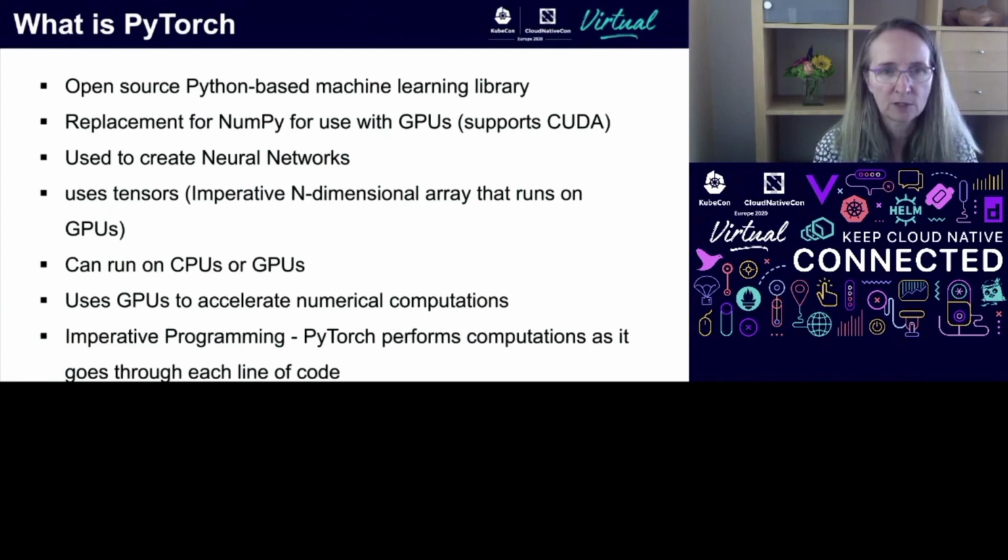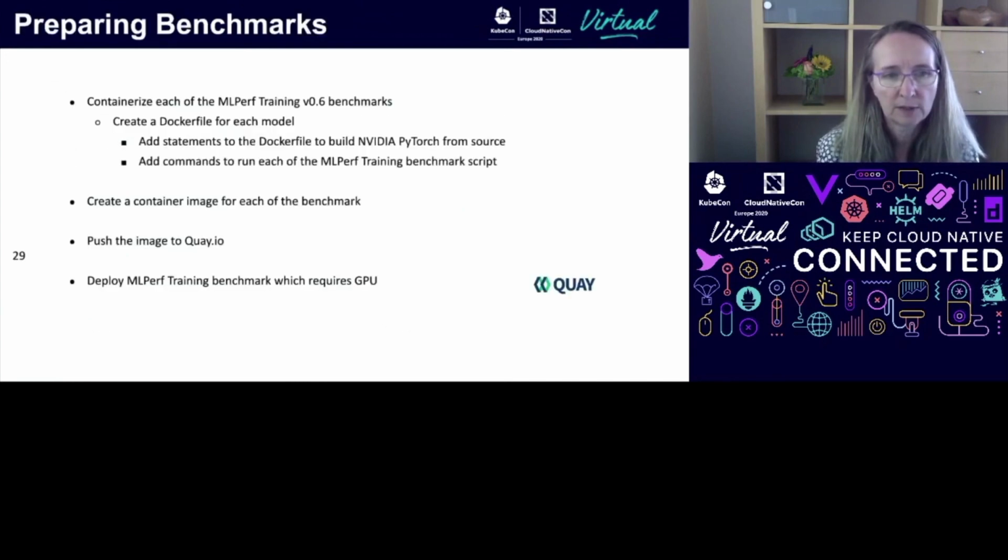They have now switched to the imperative model because it's so popular, and in TensorFlow 2.0, they also use the imperative computation approach. So in PyTorch, you can run on CPUs or GPUs. You can switch back and forth easily with some minor changes in your code. And slight changes to your code allow you to get huge speedups by using GPUs instead. Next slide, please.